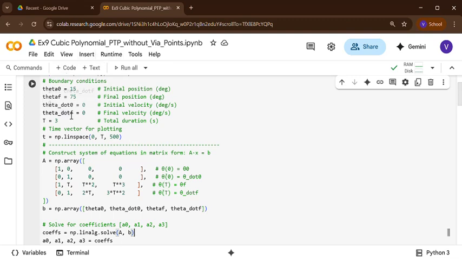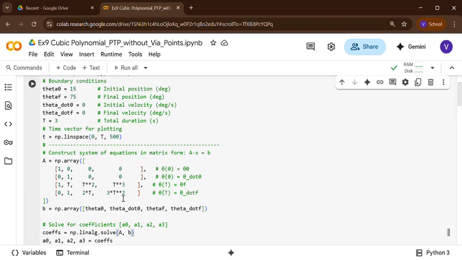First, the boundary conditions are given. Then accordingly, first you have to define the matrix, because we are going to use the matrix method, linear algebra. For that you have to define the matrix accordingly. You can change the order also. How can you change the order? Theta naught, then you can give the final value, then theta dot, then you can give the theta dot final value. You can give it in that way also, but whatever way you give, please maintain the same throughout.